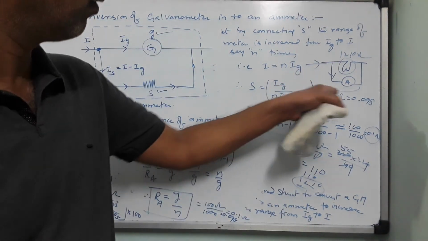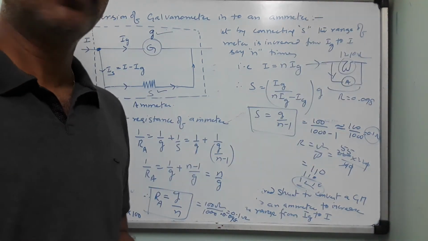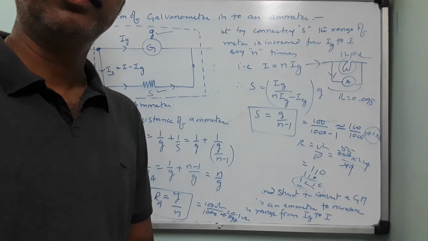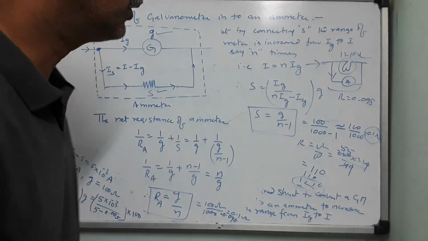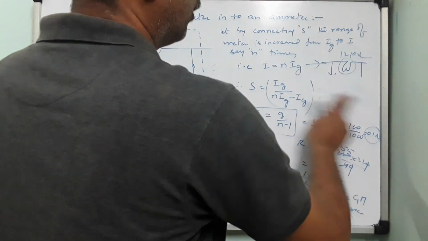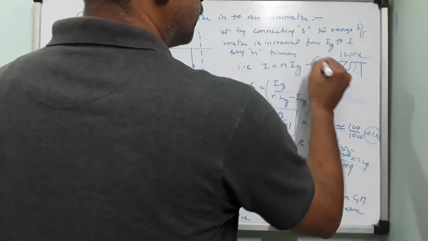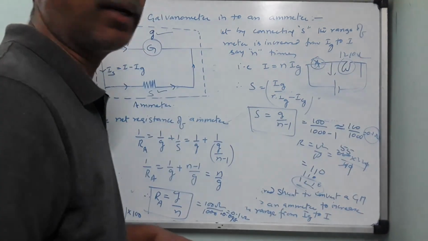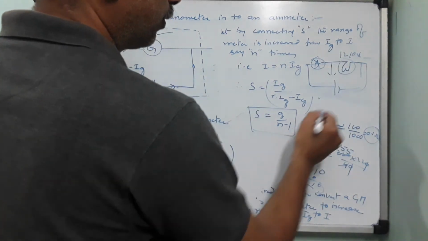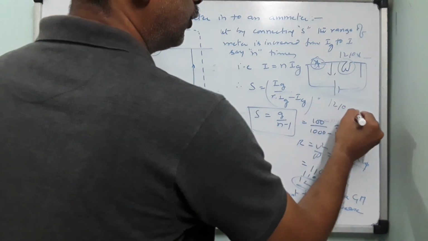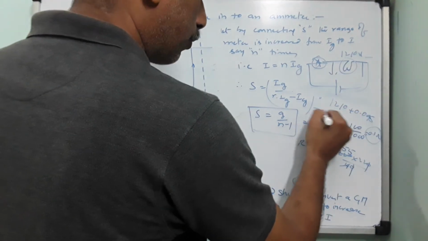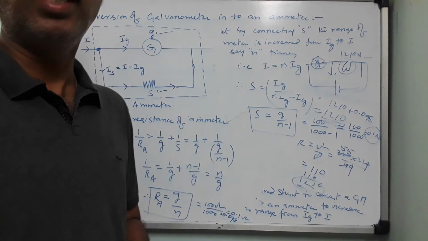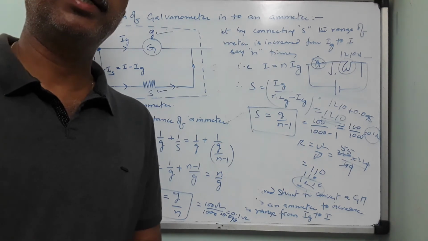Now it will flow through only the ammeter. No current will flow through your bulb. So the bulb will not glow at all. This is the reason why it is always put in series. Put it here. If you connect a battery here, the bulb will glow comfortably. 1210 plus 0.098 is almost 1210 only.